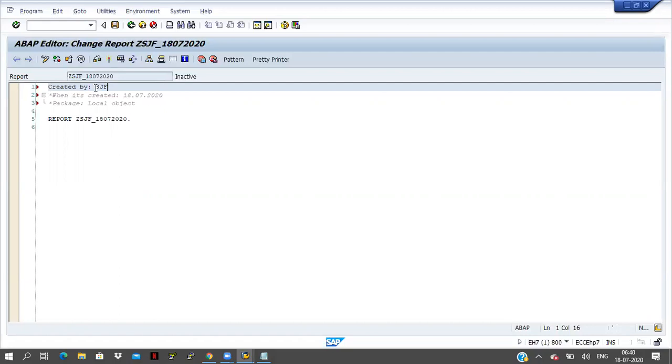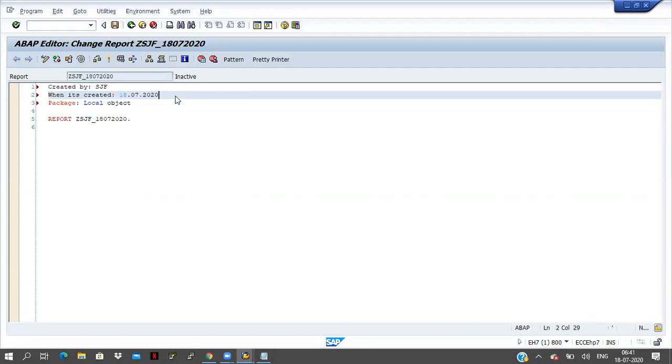Now I want to keep it in comment. This line I want to keep in comment. At the beginning of the line, you have to keep one star key here. If I keep a star at the beginning of the line, automatically the whole line goes into comment. For example, these are all uncommented now. Now I want to keep these three lines in comment at a time.